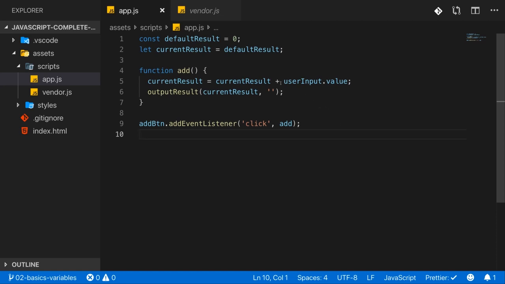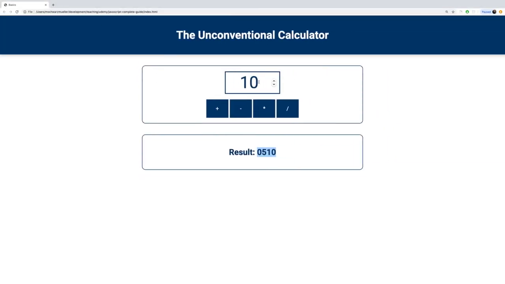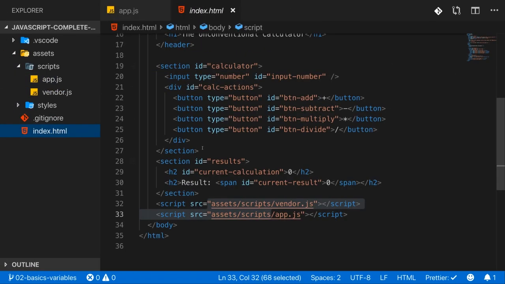The problem is the type of the value we're using here. Current result in the end is a number, right? We start with 0 here. Now what we add to current result here, however, and that's something you just gotta know, which is why I tell you, is a string. Because I'm getting this from this user input, and even though I entered a number here, and even though this user input actually even is of type number here in the HTML code,